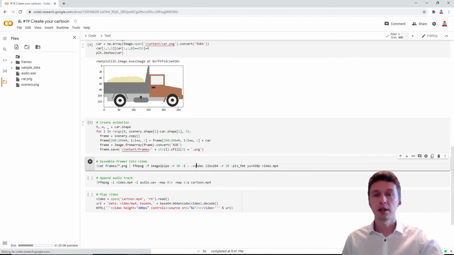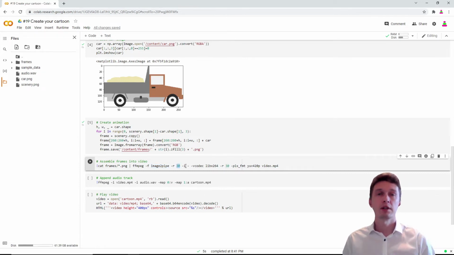And the next cell is how to assemble frames into a video stream. It's a complicated shell command, but actually it's very simple. FFmpeg image to pipe parameter means take images and compose a video stream from them.